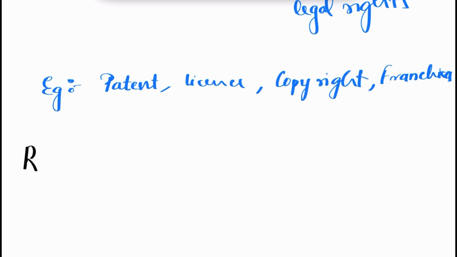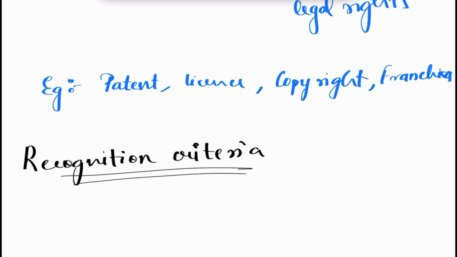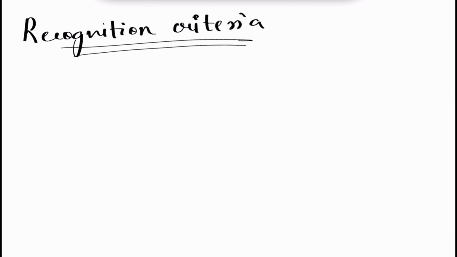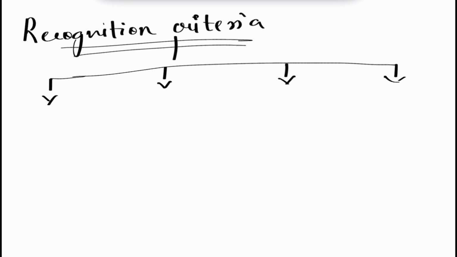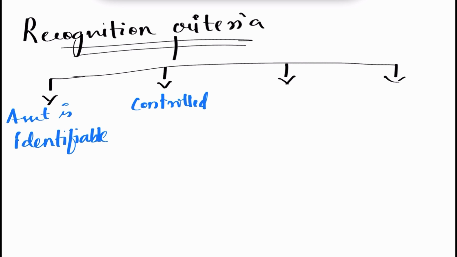Next is recognition criteria. What is the recognition criteria? So an entity should recognize intangible asset when these following criteria are met. First criteria is asset is identifiable, then second criteria is controlled by the entity,